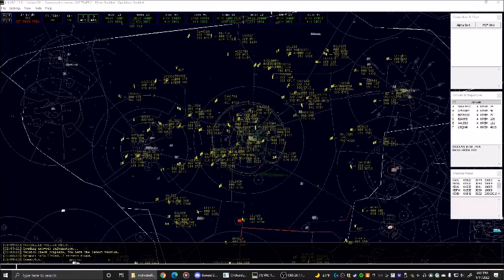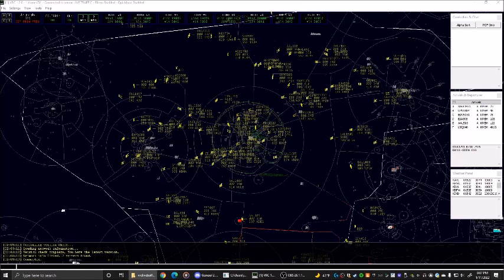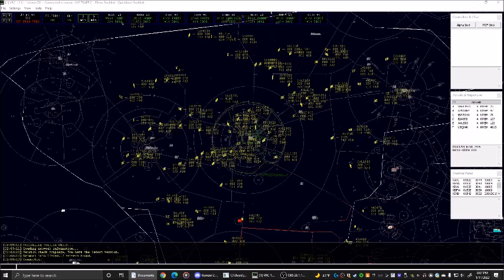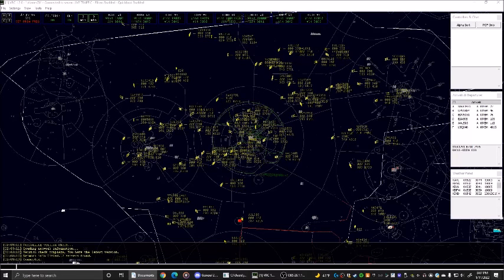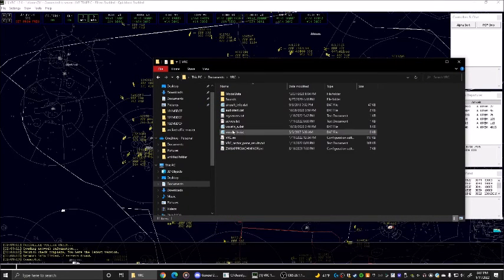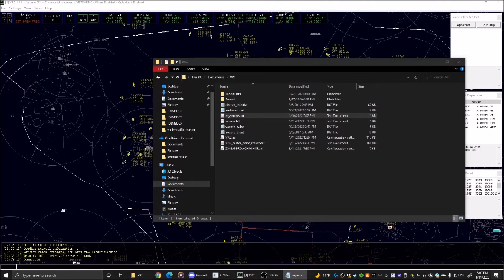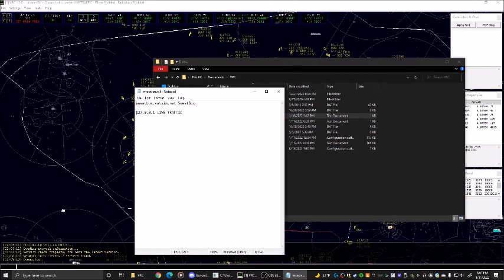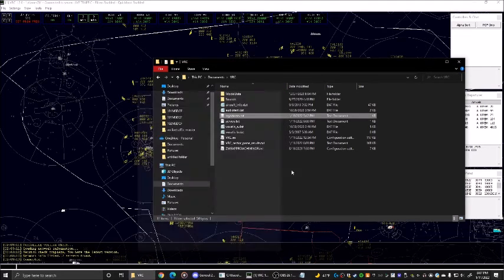So the first thing you're going to want to do once you download this file is on the GitHub there's going to be a bit of text that you can copy and paste, and what you're going to want to do is copy that. And then once you go to your file manager here, you're going to go to this VRC folder in Documents, and you're going to go to myservers.txt. Now you're going to want to copy this in here, or whatever the most recent version is, and it'll tell you whether you're using Euroscope or VRC. It'll give you specific data text to copy and put in here,